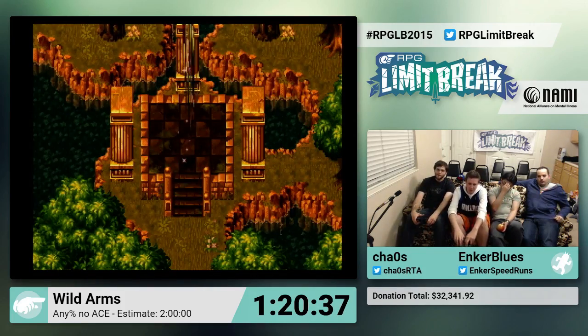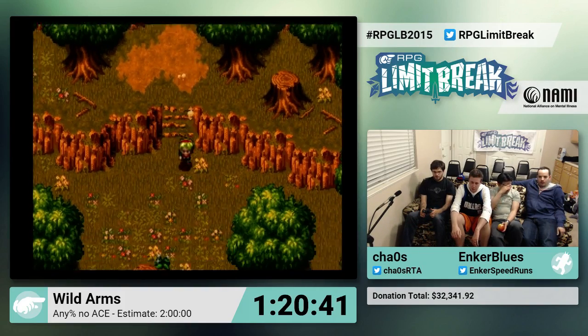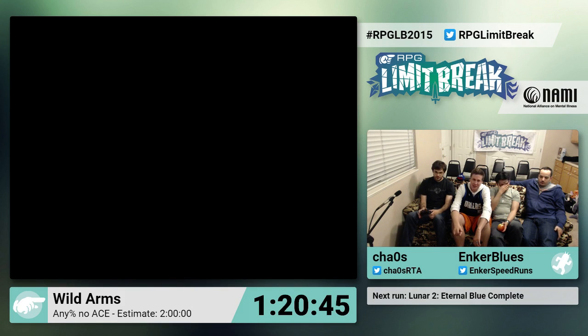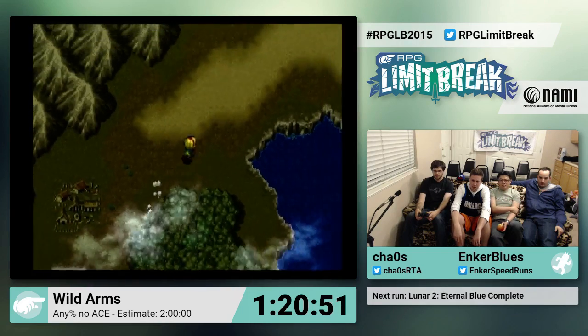Alright, so now we get to the part where we set up the end game. The whole point of this is to get the ocarina, which helps us summon the golem. And then we get higher level magic spells like Randomizer and Saint. And we also...